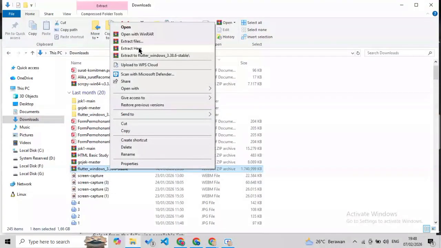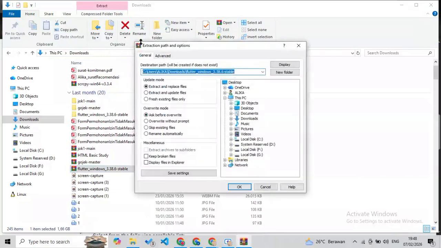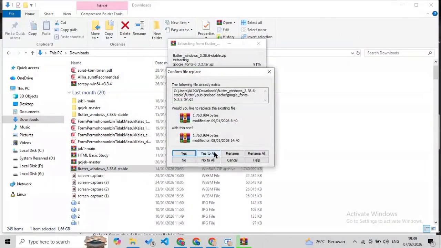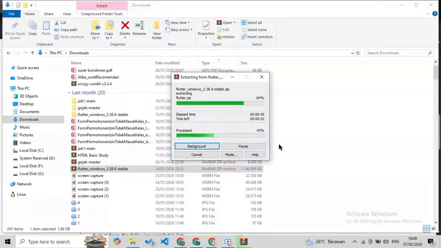Once the download is finished, extract the Flutter folder. Extract your Flutter after download is finished.